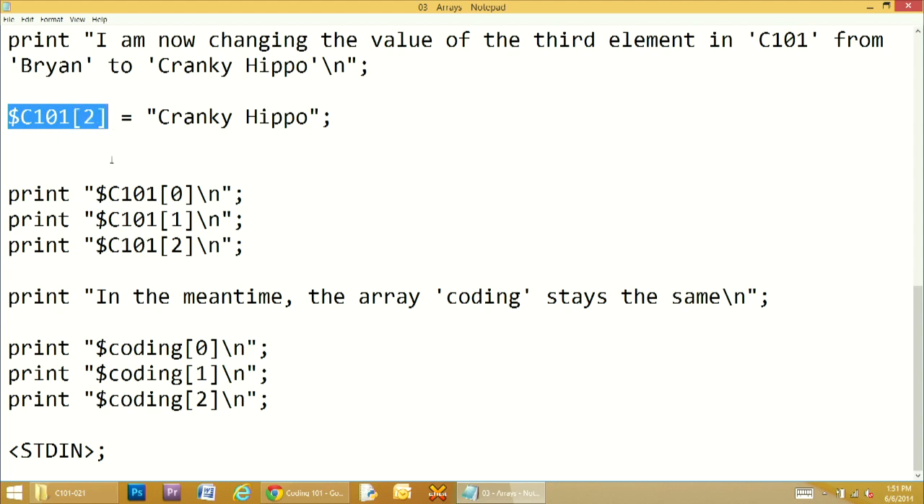Scalar variable called C101, so the array C01, the scalar variable in index number 3, which is actually number 2, is going to change to cranky hippo. Oh, so you're just changing the second, what was it called again? Cranky hippo, the element. It's actually the third element because we start at 0, so we go 0, 1, 2, right? Right. So when I print this, now it's going to show me